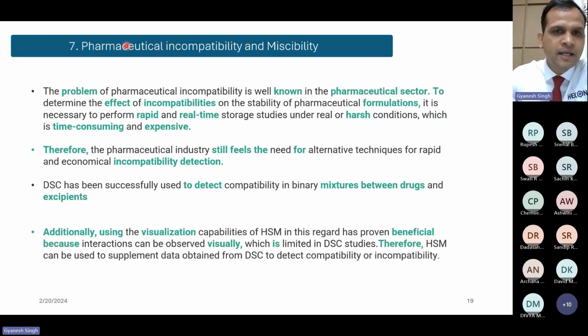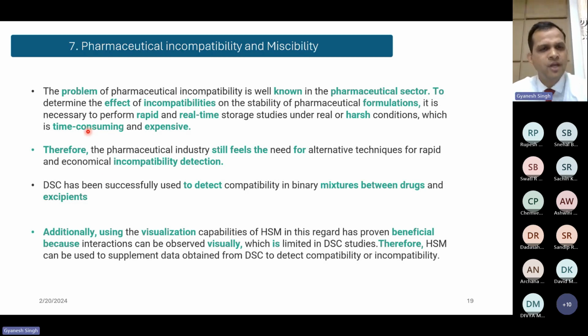Then pharmaceutical incompatibility and miscibility. The problem of pharmaceutical incompatibility is well known in the pharmaceutical sector. To determine the effect of incompatibilities on the stability of a pharmaceutical formulation, it is necessary to perform real-time storage studies under real or harsh conditions, which is time-consuming and expensive. Therefore, the pharmaceutical industry still feels the need for alternative techniques for rapid and economical